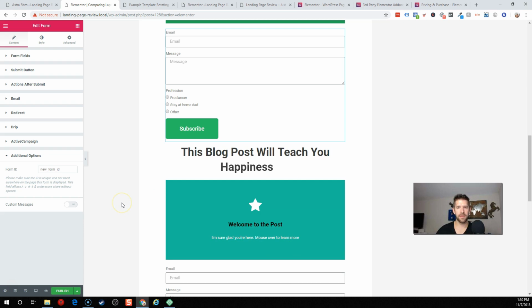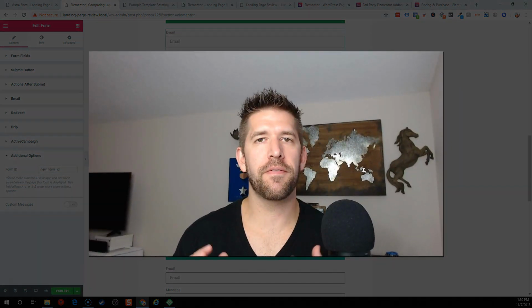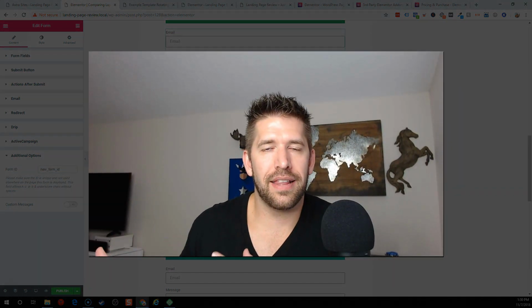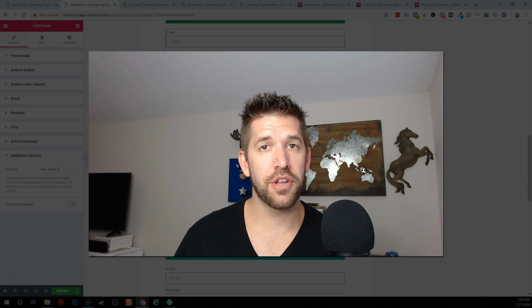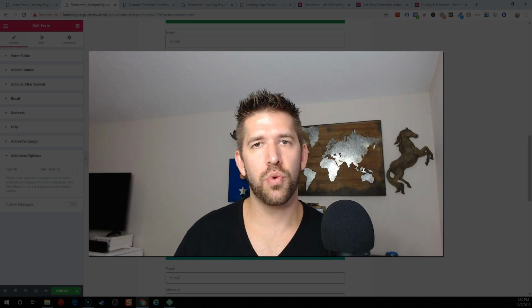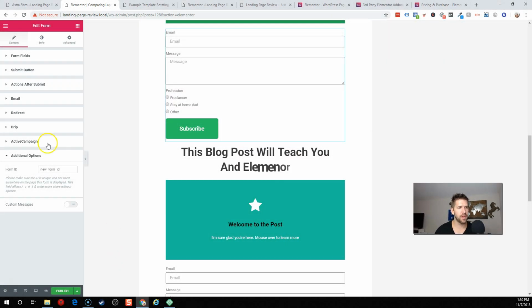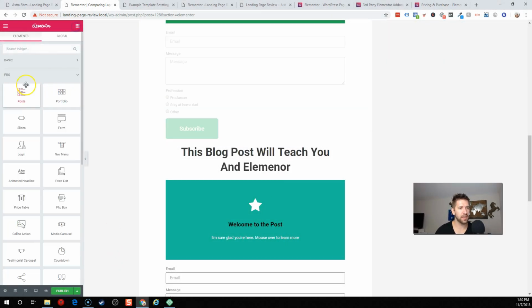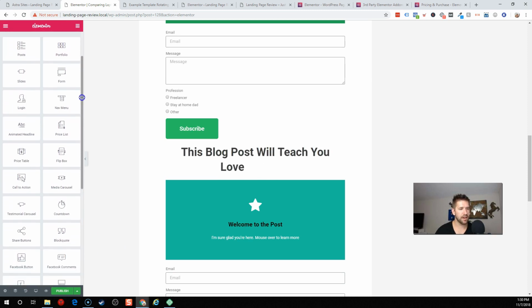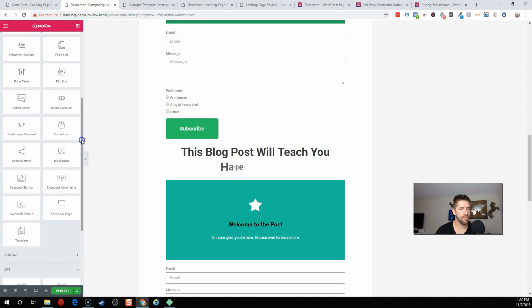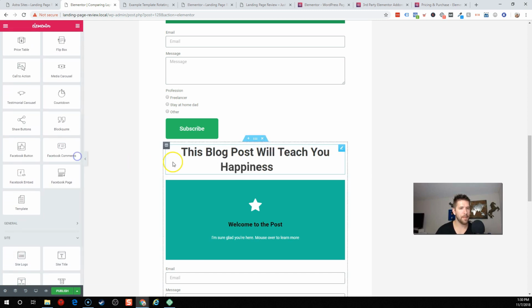Let's do one more thing because it's such an important feat that Elementor allows other third-party developers to add onto their plugins' functionality. Let me show you just one of those extra plugin packs that we're going to add on top of Pro. So just before we do that, let's take a look at what is in the Pro section here. You've got a lot of different options here. I won't read these all off, but what I want to do is show when you add an additional pack on top, what additional functionality you can get. So to do that, let's